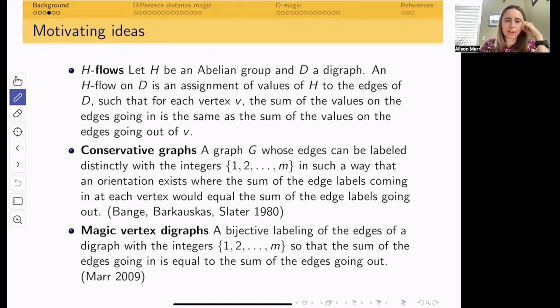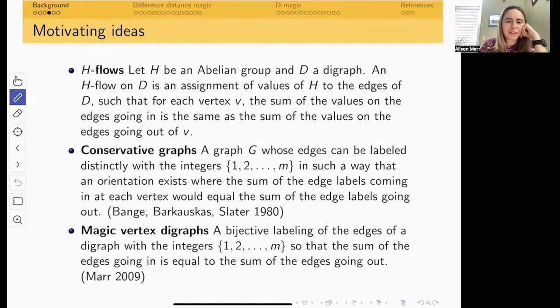In a similar sort of way, Slater and others defined conservative graphs in 1980, where again they're labeling the edges, but strictly with the distinct integers 1 up through m, m being the number of edges. And so there would be an orientation that exists where the sum of the edges coming in would equal the sum of the edges going out. So a type of flow in a sense,